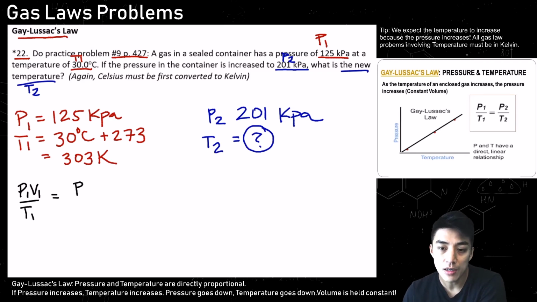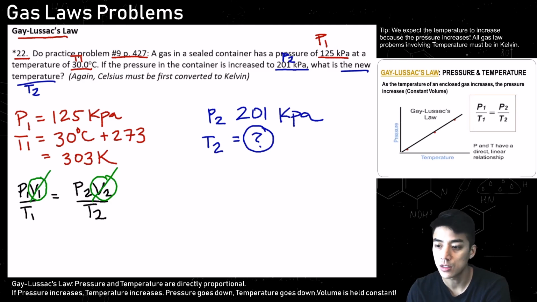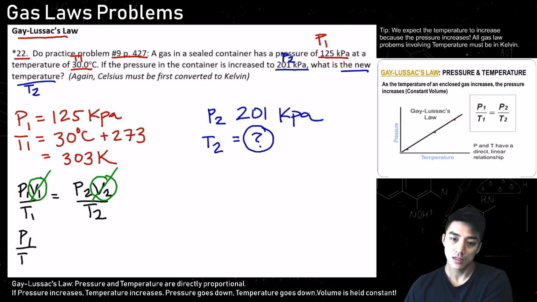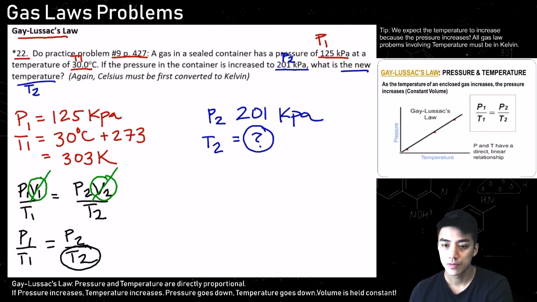Let's start by writing down the combined gas law, as always. Eventually you can just skip straight to the formula, but since this is the first problem we're doing for this particular gas law, I want to show you how volume is being held constant, so that means it's going to cancel out. So our new gas law for Gay-Lussac's is going to be P1 over T1 equals P2 over T2. And now we're going to solve for T2